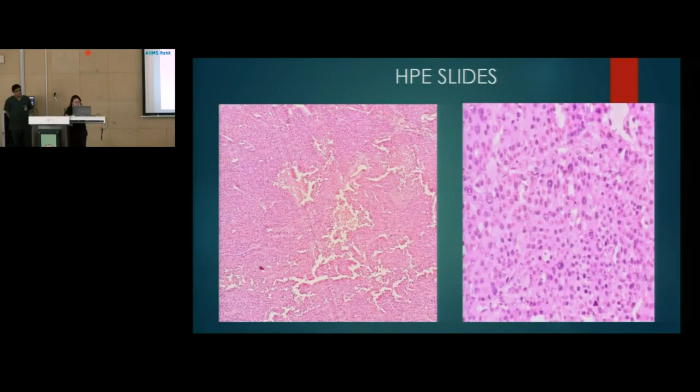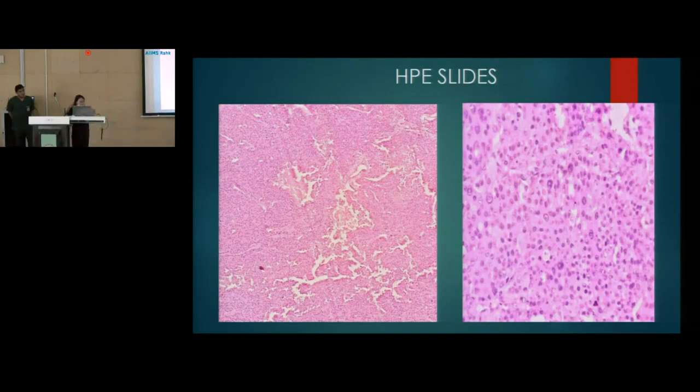So here we can see the tumor with focal areas of necrosis and nuclear pleomorphism with prominent eosinophilic nucleoli. Mitosis is very important in order to grade it as low grade or high grade. So in this condition, we grade it as adrenocortical cancer, low grade. The low grade and high grade